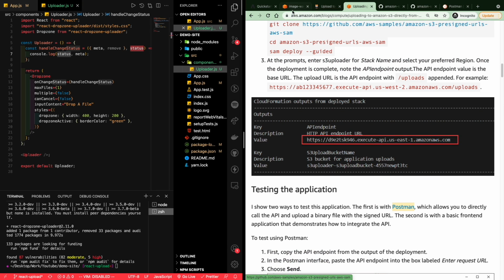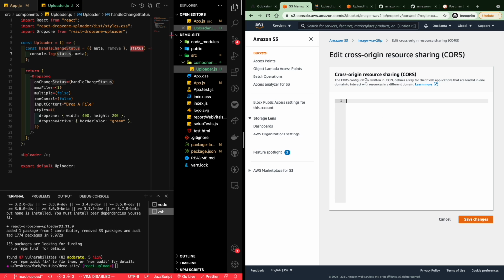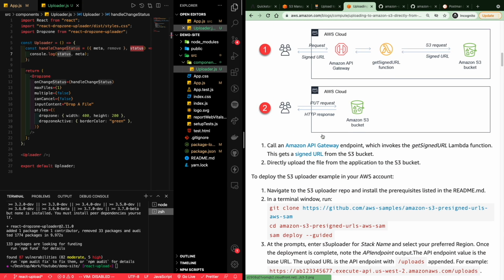Back to where we were at. So initially we were trying to do this CORS setup. If I edit here, what we need is the CORS configuration written in JSON. If I go back to this tutorial over here,